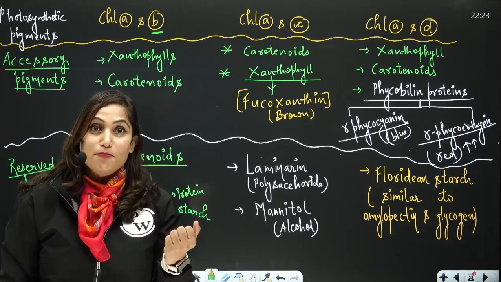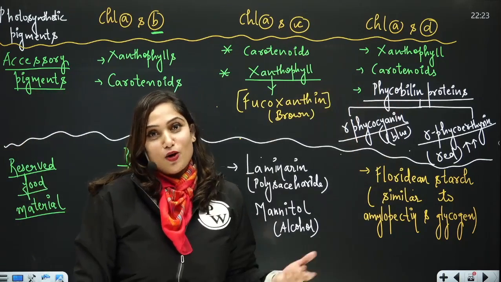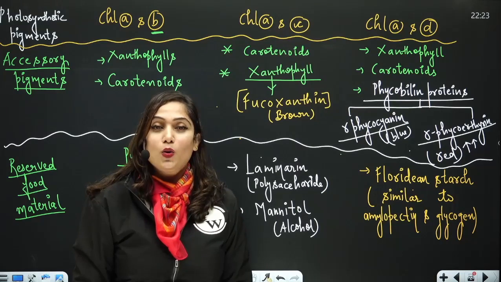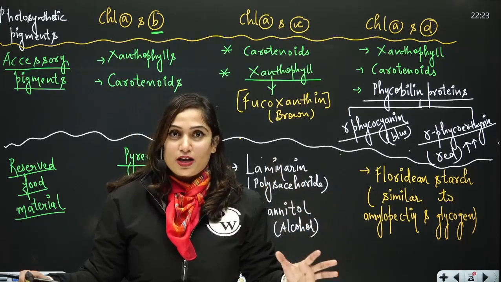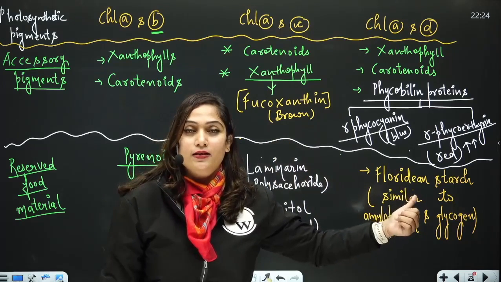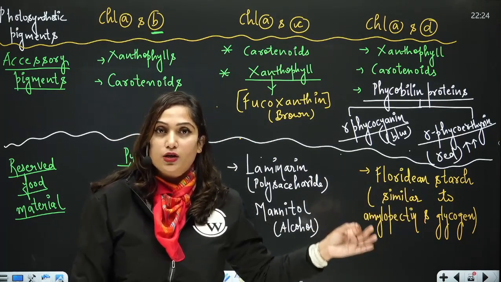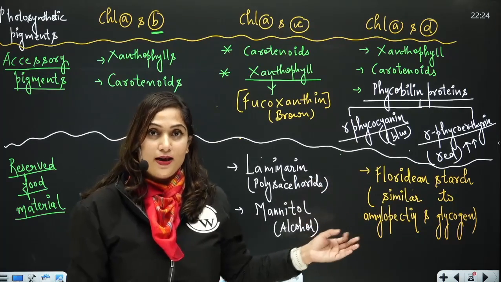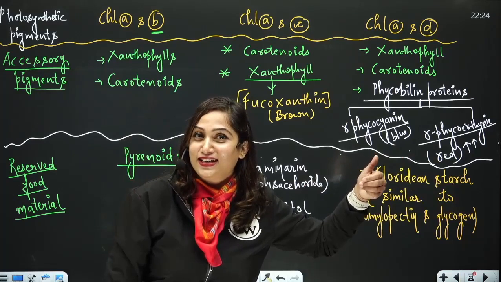and that is why brown algae are brown. So what is the reason for brown algae being brown? The presence of a special xanthophyll, fucoxanthin. Then red algae also have carotenoids and xanthophylls, but along with them they have special proteins called phycobilin proteins. On the whole earth, in all living organisms, phycobilin proteins are found only in two places: cyanobacteria, that is blue-green algae, and red algae. Except these two, phycobilin proteins are found nowhere. Phycobilin proteins are of two types: R-phycocyanin, where R stands for red algae, and R-phycoerythrin. Phycocyanin is blue colored and phycoerythrin is red colored, and the amount of phycoerythrin is more in red algae,